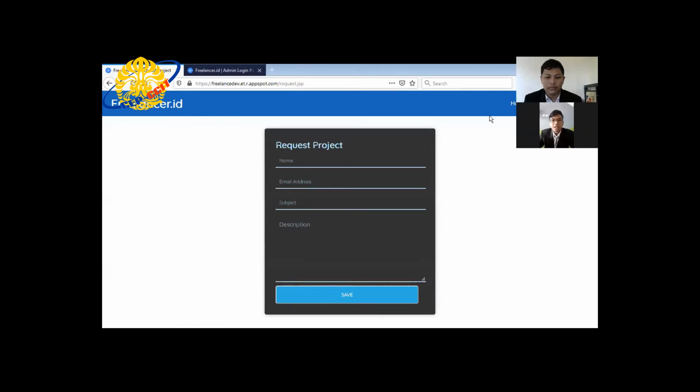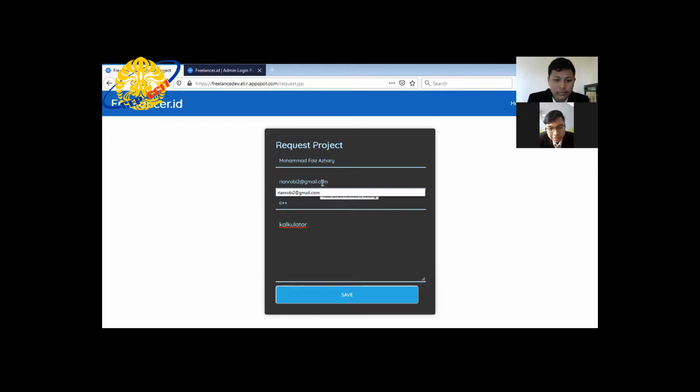Next is request project. Request project is only a contact form for users to request any project from the Freelance.id admin, and it will be sent to the admin, who decides whether the project will be approved or not. The email field uses validation. If we don't use an email address format, it will display an error that your email format is wrong.